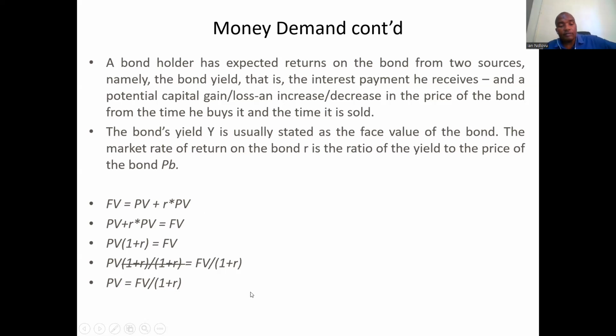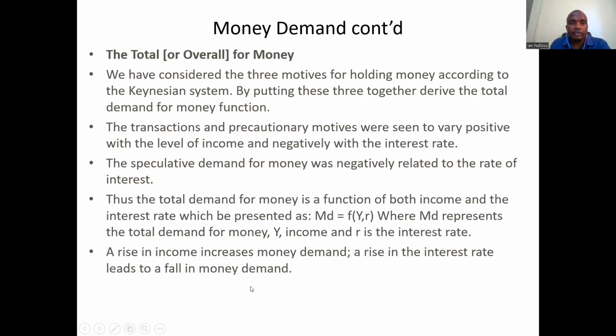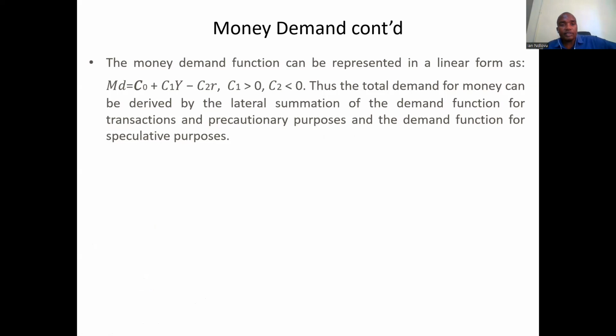So there is an inverse relationship between the present value or the current price of a bond or a financial asset and the interest rate. So the total demand for money in the original theory of John Maynard Keynes is determined by the interest rate via the speculative demand for money. This is covered in elementary textbooks of